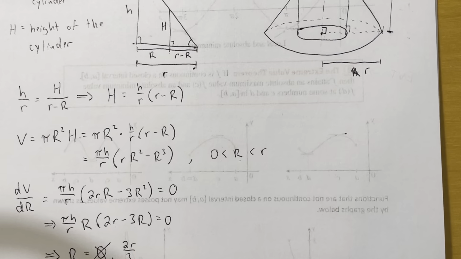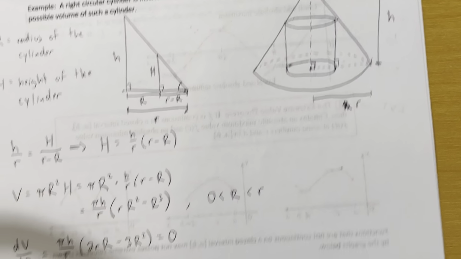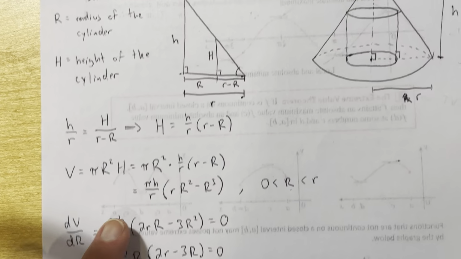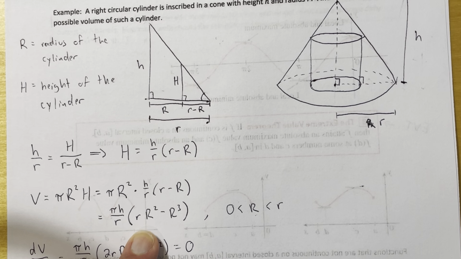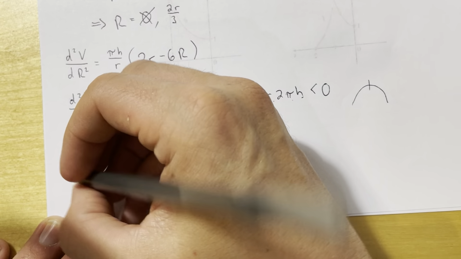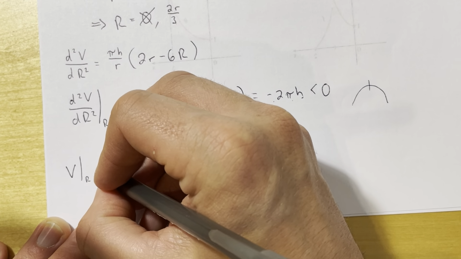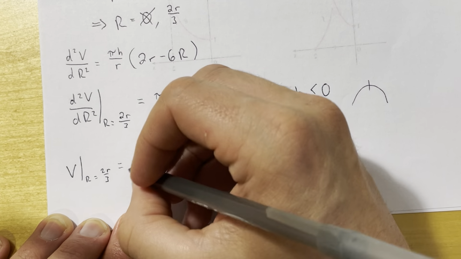So the last thing that we need to do is find the actual volume that constitutes that largest volume. So what I'm going to do is go back to my original volume formula, which we wrote in this expression right here. V evaluated at R equals 2r over 3 is going to equal pi